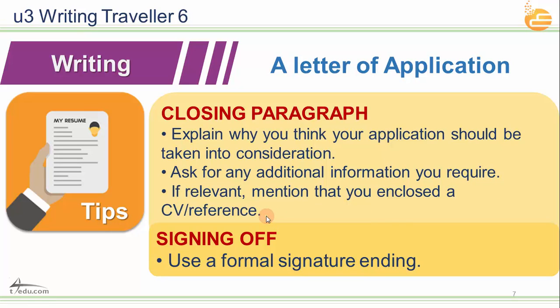So finally, you say, I have enclosed or I have attached a CV or any kind of document, or to whom it may concern, any kind of paper or document that proves your experience, some kind of recommendation from another company that you work maybe for, or sometimes as a part-time job. Of course, finally, you write your name and you sign off and always use a formal signature ending. And that is your official signature.